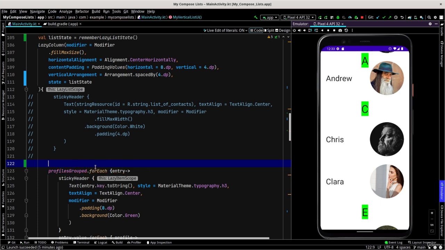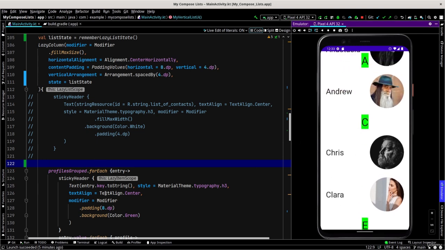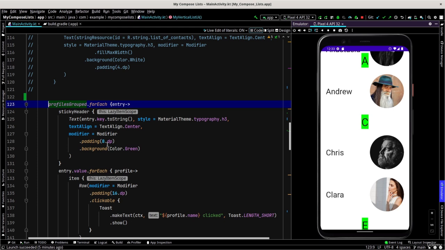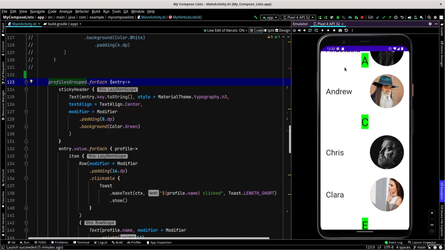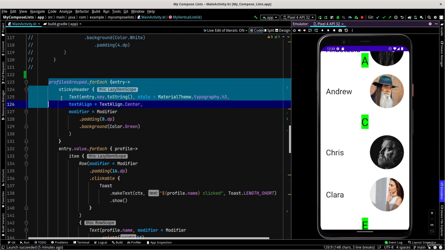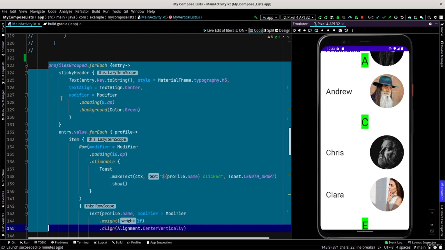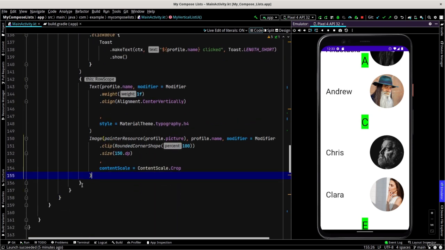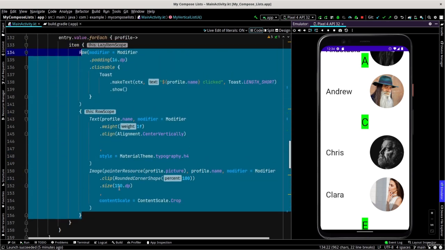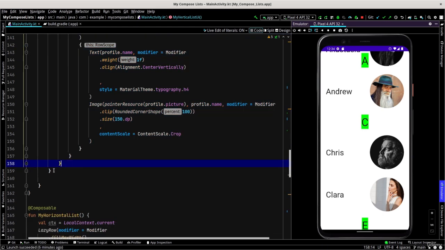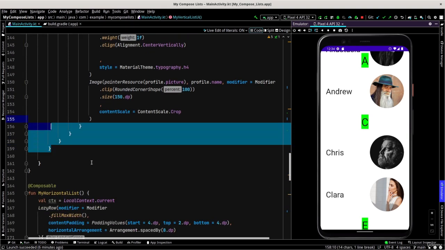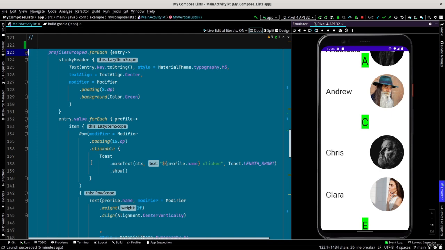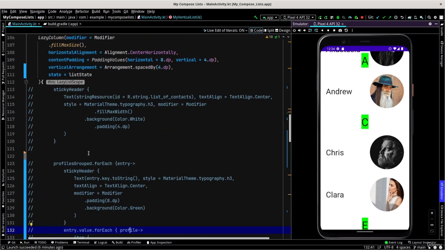To show you how these values are updated when we are scrolling the list, I'm going to change the layout of my lazy list from the current one that creates this sticky header for groups of information. Let's actually copy this section, the row, because it will be useful for us. Then I'm going to comment out the present layout,